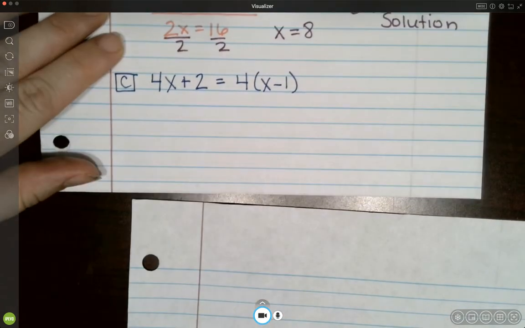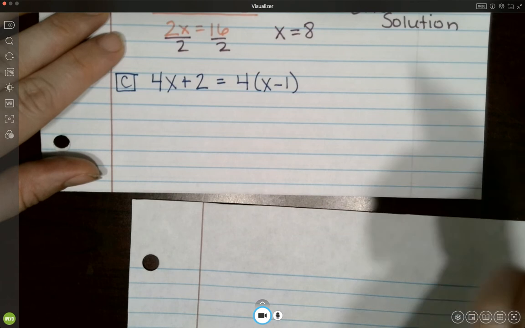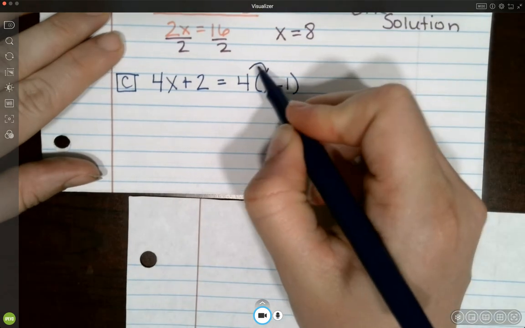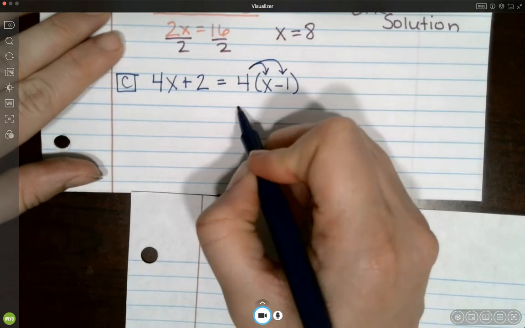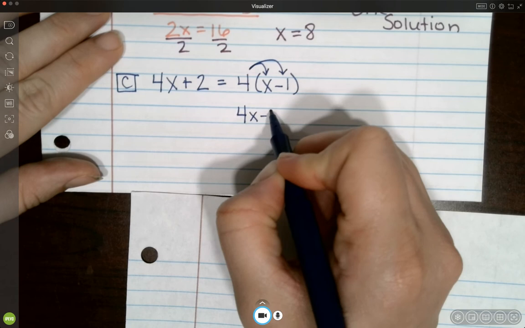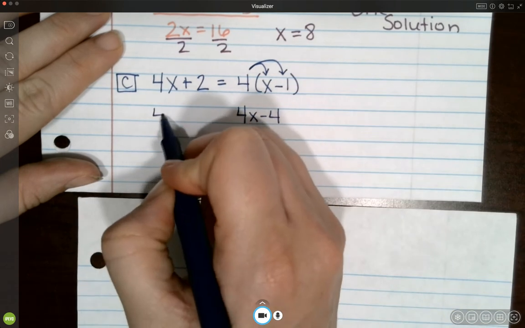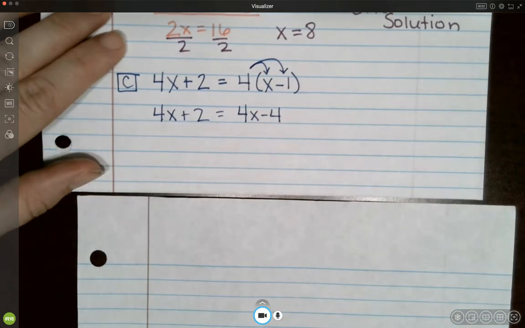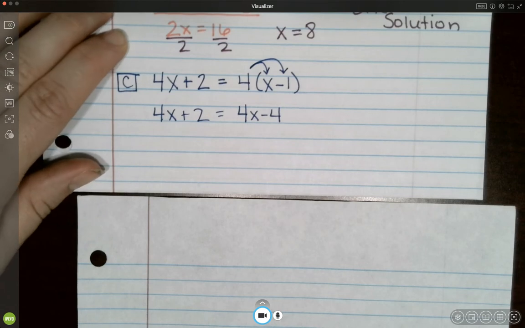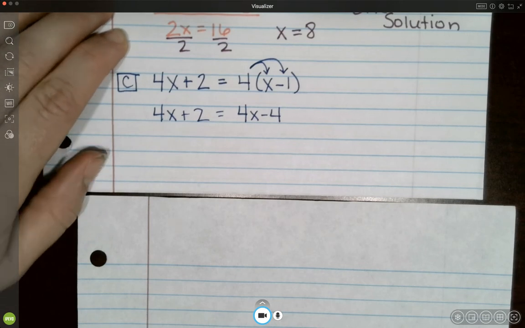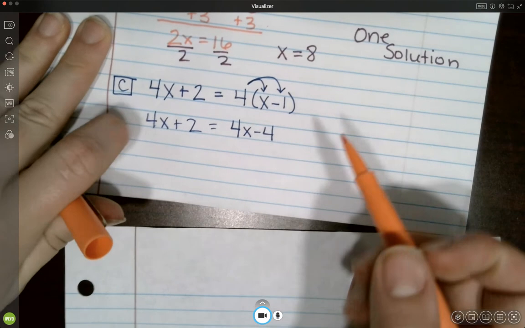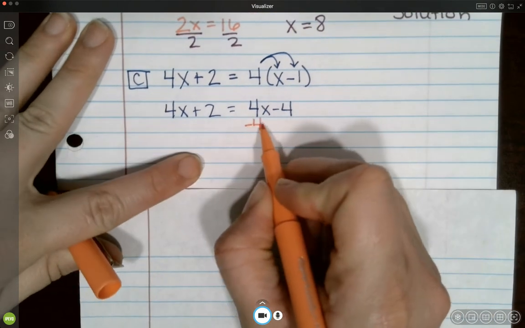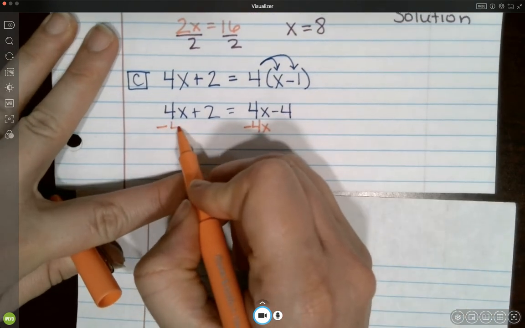Then last but not least, in this final equation, we have 4x plus 2 equals 4 times the quantity of x minus 1. So the first thing I do is get rid of these parentheses. We're going to go ahead and distribute. So we get 4x minus 4. And on this side, we bring it down, 4x plus 2. All right, so my next step, we're going to cancel the 4x because we have to move the smaller variable. So we're going to subtract 4x from both sides,